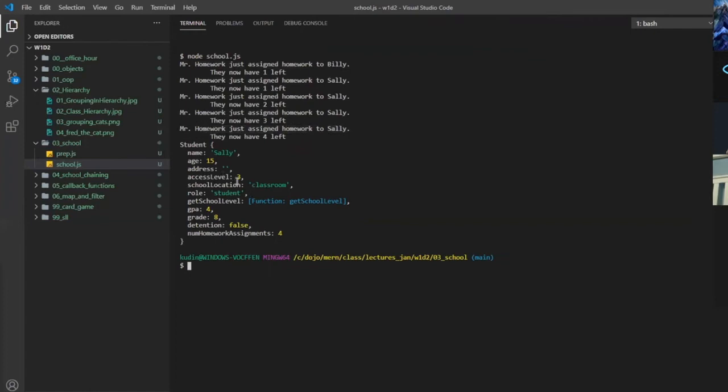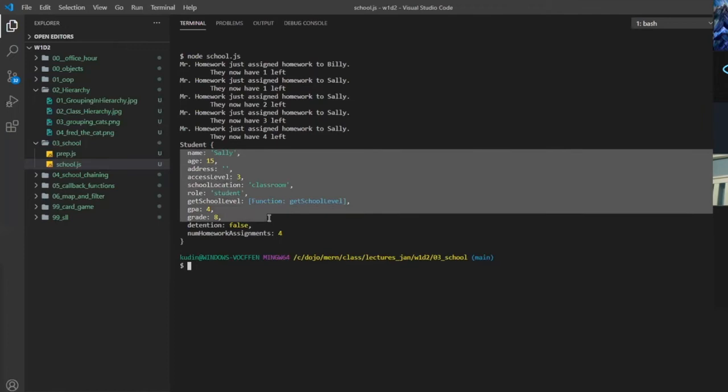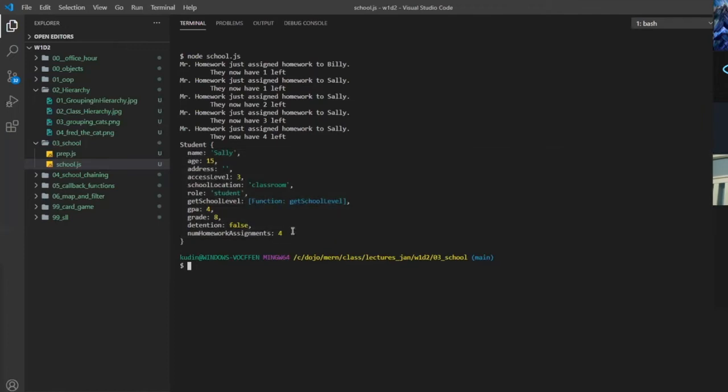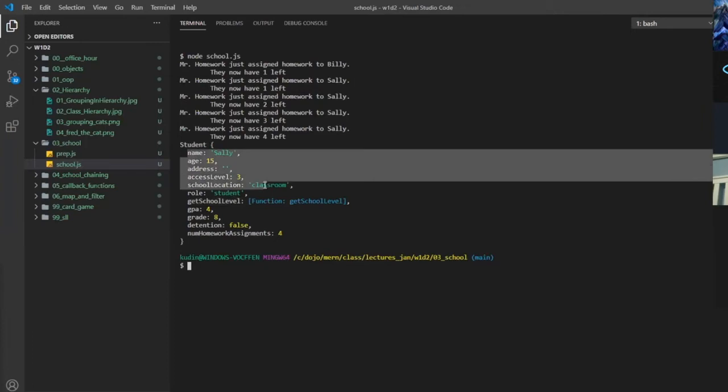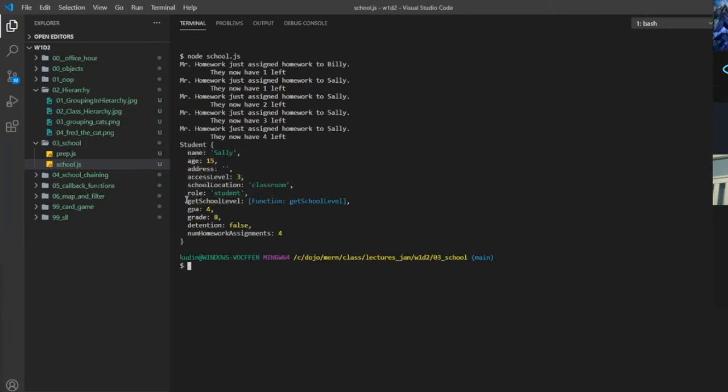Poor girl. Now here's the cool thing. When I console log this object, this class object, it tells me what class it comes from. And then it shows me all the pieces and parts that belong to it. So getSchoolLevel is a function that's included in this object. Our class has basically taken our objects and made it available to us, right? And so all the things that came from the person as well as from the specific